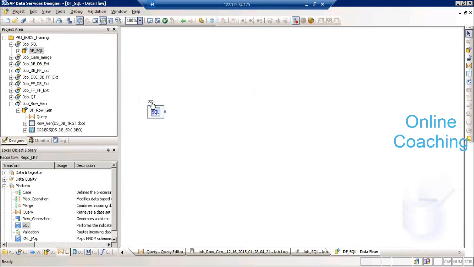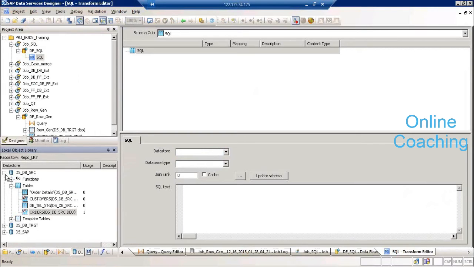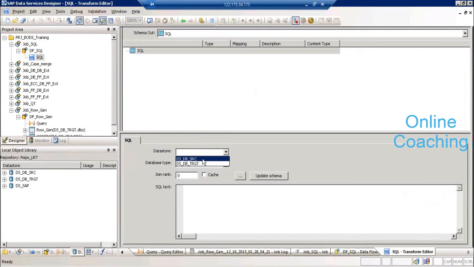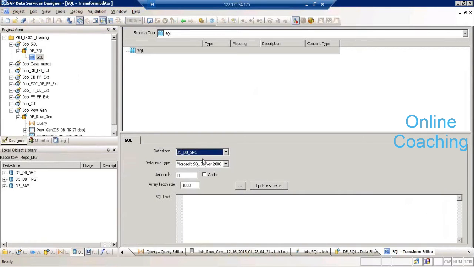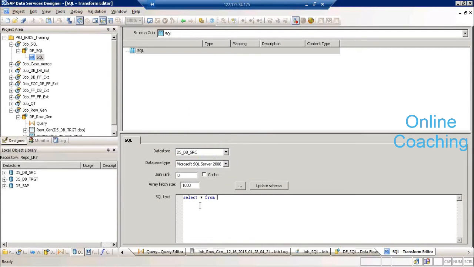But if you want to do something using coding, this SQL transformation allows you to write SQL code here. Right? So first you need to select the data store. Remember, we have three data stores. One is your source, one is your target database, and the third one is your SAP. This SQL transformation can identify only your database data stores. Right? And the moment you select the data store, it will give you the version and all these things, and you can write your query saying select star from